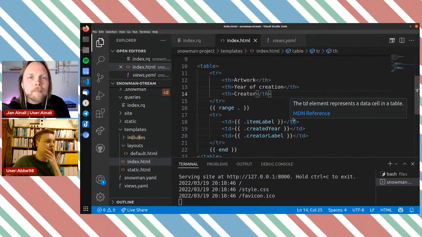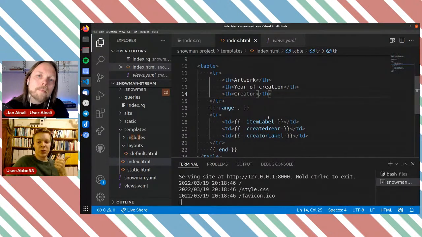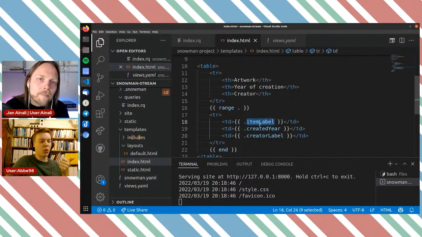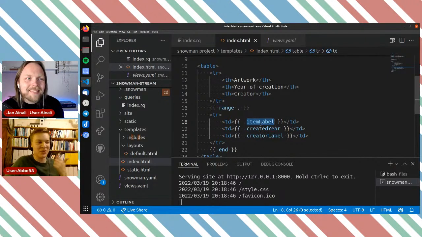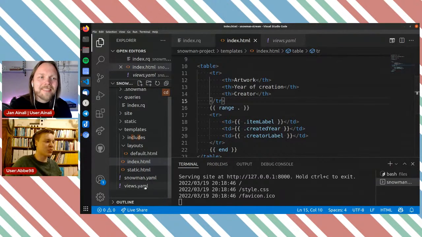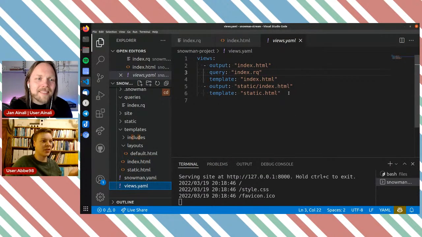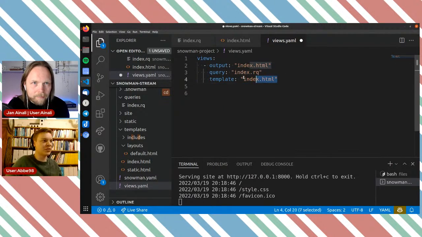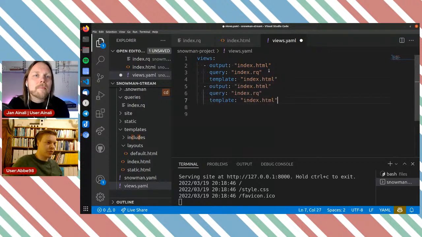But let's see. We don't only want a boring list. We want a page for each item, I believe, where we can see the image and so on. So we want to create a new view where each artwork gets its own page. So I'm going to remove this unused view and instead create a new one.